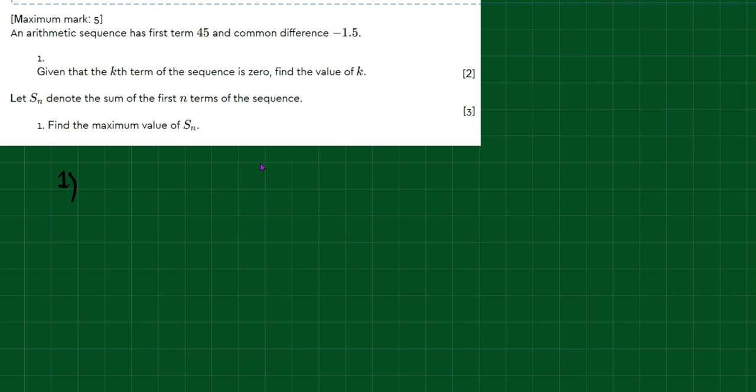So in these questions, they say that an arithmetic sequence has first term u1 equal to 45, and the common difference is d, which is negative 1.5. In this case, they say, given that the kth term, which they mean Uk, it's not England,